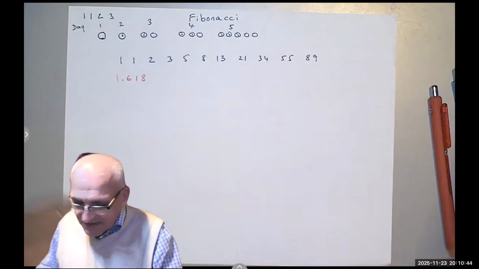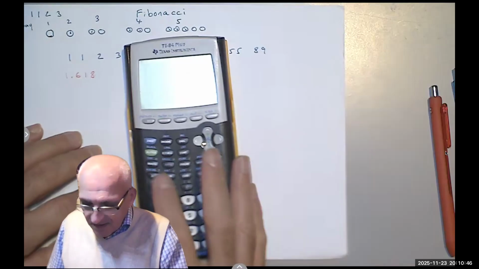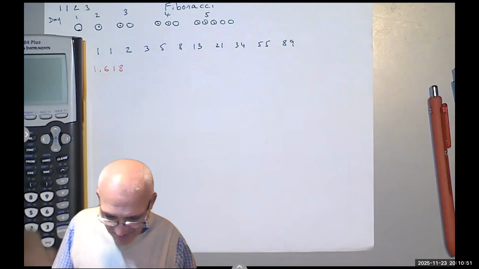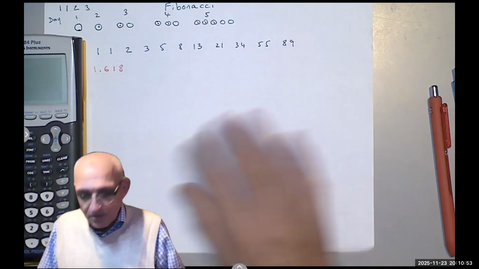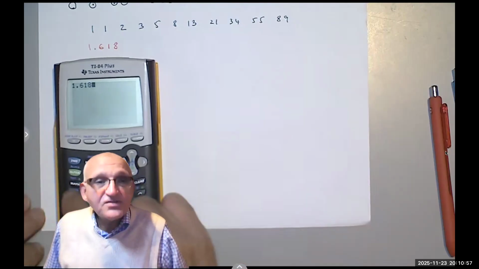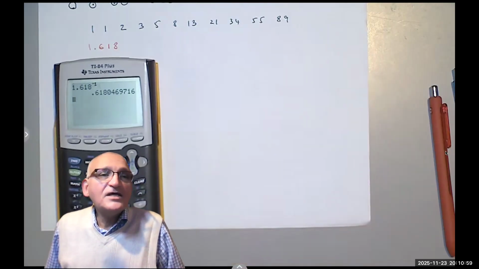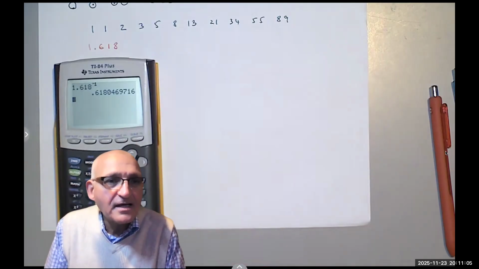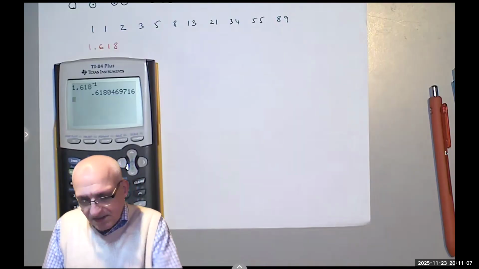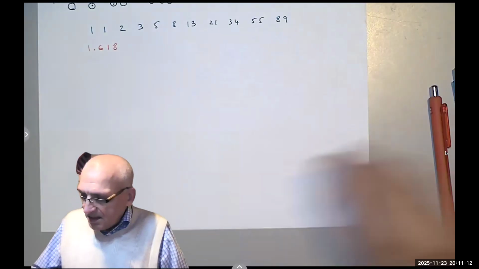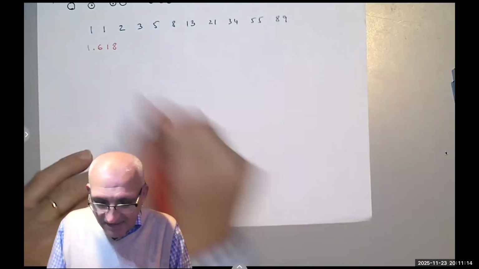And as I said, you will see it everywhere in nature. So look at 1.618. If you take its reciprocal, x to the negative 1, you get 0.618. And if you take, of course, the reciprocal of that, you get this one back. And you say, okay, so what does that have to do with Fibonacci? Well, if you divide